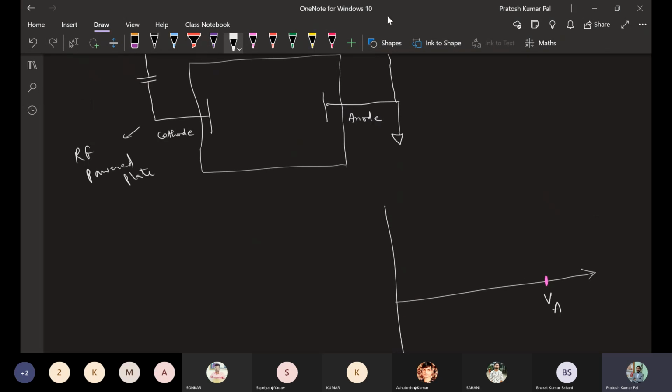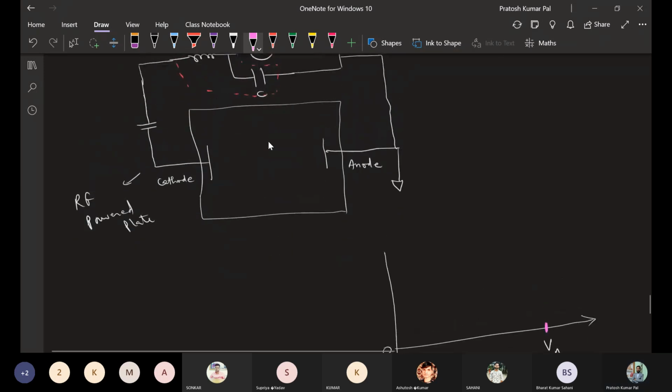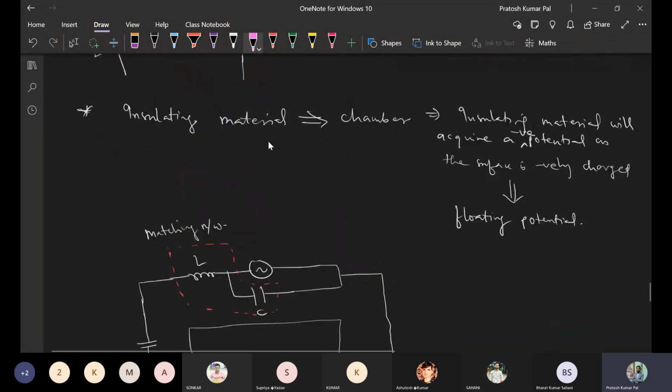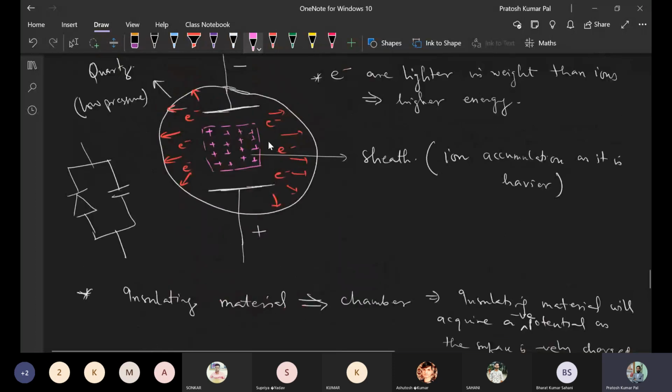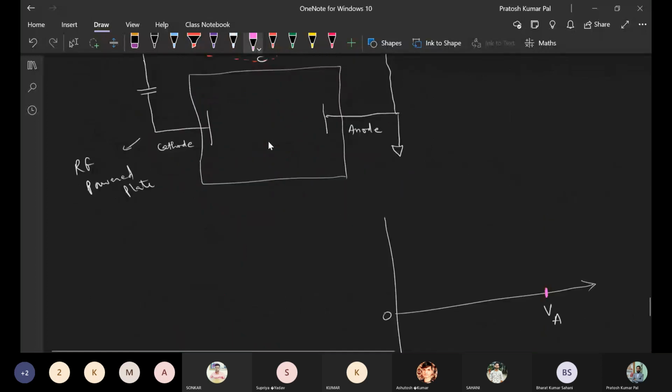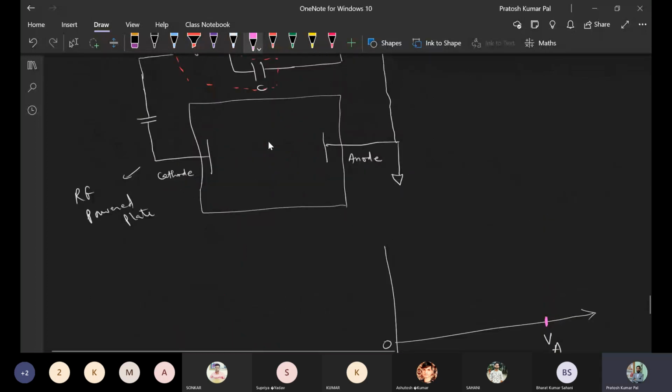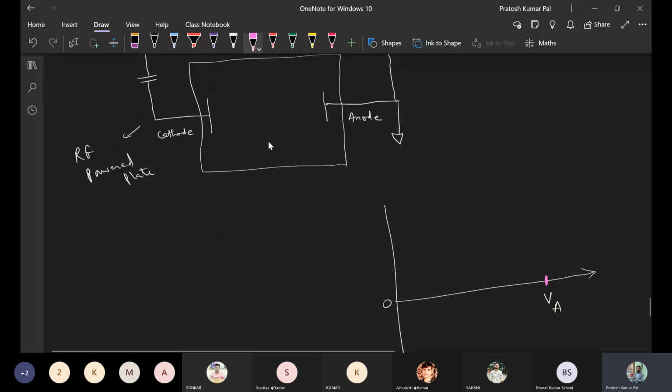The anode voltage is always connected to ground, so it will be zero. There will be another voltage, that is the cathode voltage, and one voltage will be the positive terminal voltage. This positive terminal voltage, or we can call it the seat voltage, will be your VP.